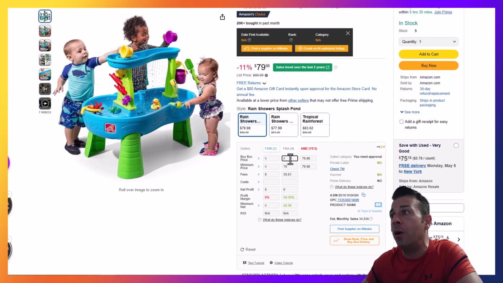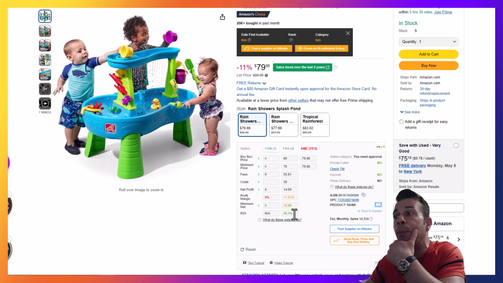So if we would be selling this product for $79.98, let's say that we could find this product for, let me just type 79.98. For some reason it's bringing 7,000, right? So let's just call it 80. Let's pretend that we could potentially be selling for $80, and let's say that we can find it for $30. In this case, we would make a 40% return on investment with $14.09 profit, and a